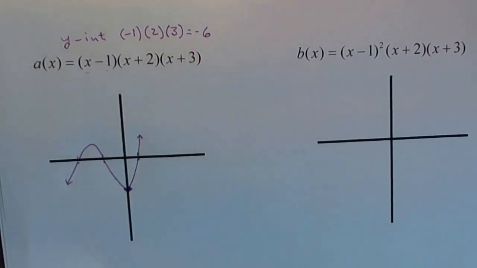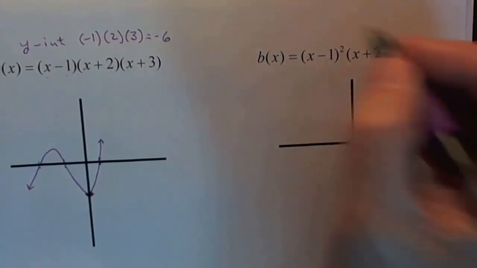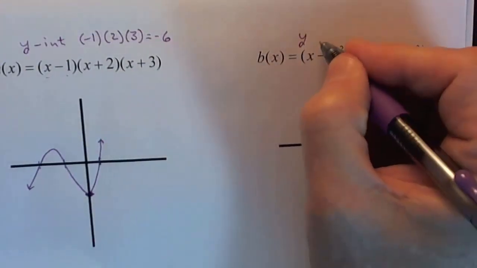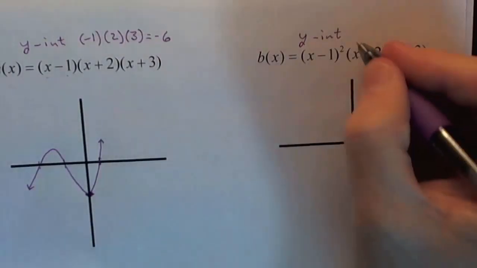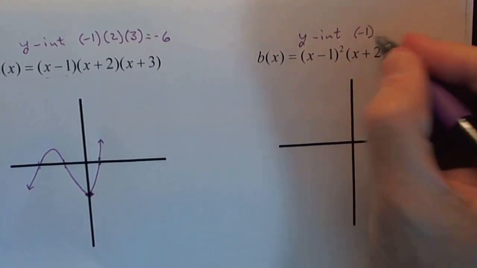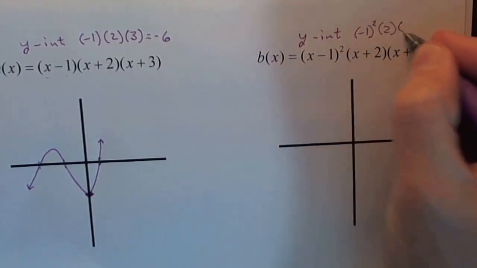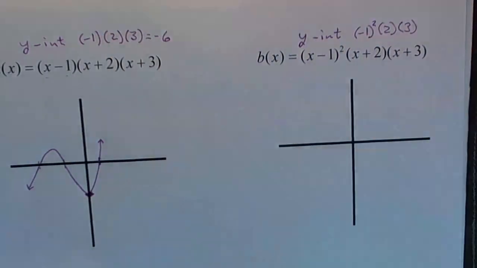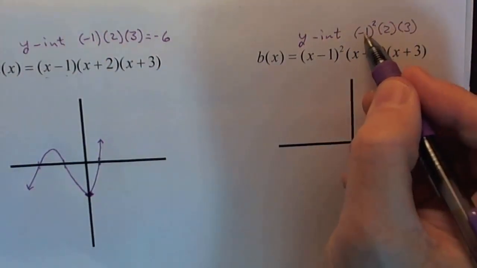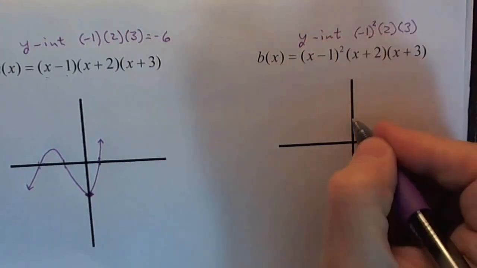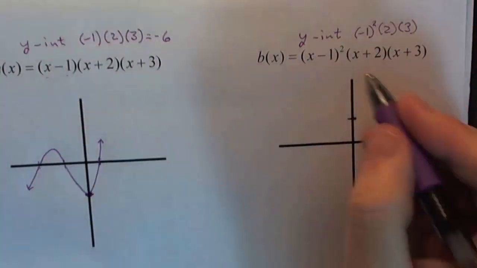So that one's done. Now let's look over at this one. Okay. So once again, we want to find the y-intercept. And that's we're going to replace the x with 0. So I got negative 1 squared times 2 times 3. Now, negative 1 squared is 1, so this is just going to be a positive 6. So let me put that up here. Positive 6, and then I've got